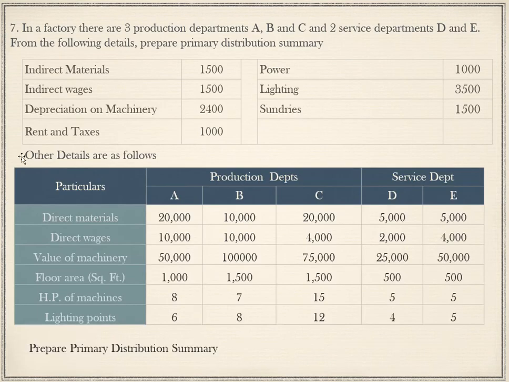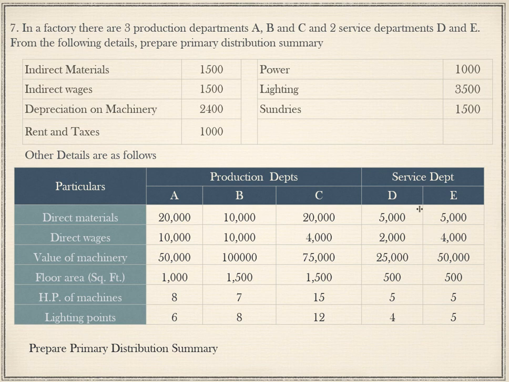So if we go back to the question, we have already pushed all the expenses. Apart from this, there is one more step. What is that? We are going to see whether there is any direct material or direct wages information given in the problem. If it is given, then we are going to consider the amount of direct materials and direct wages of only service department with respect to only service department. Why? Because the direct materials and direct wages of service departments do not comprise the direct material or direct wages of the organization. It becomes indirect materials to them, right? That's the reason.